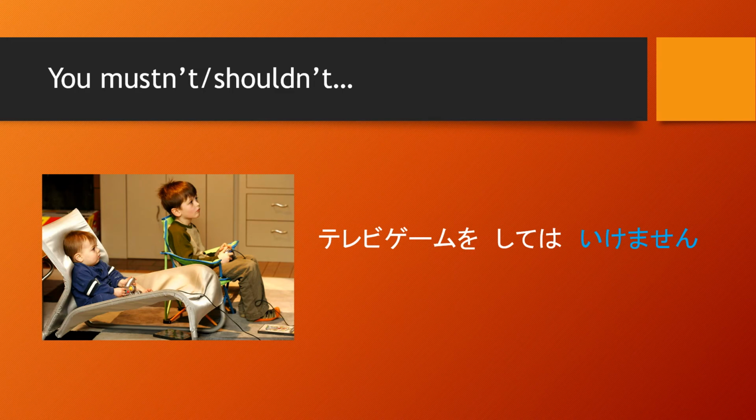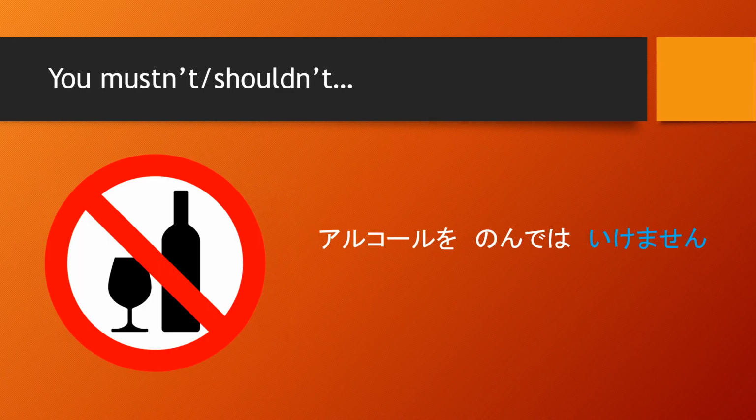All right, let's try the next example. Oh, sorry, the answer's provided for you already. You shouldn't drink alcohol. Now, アルコール, you haven't done that word yet, it's alcohol. Or osake, you know sake, right? Sake is Japanese wine, but it is also used to refer to alcohol in general. お酒を飲んではいけません. アルコールを飲んではいけません.